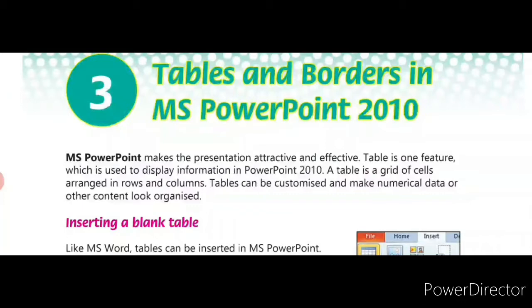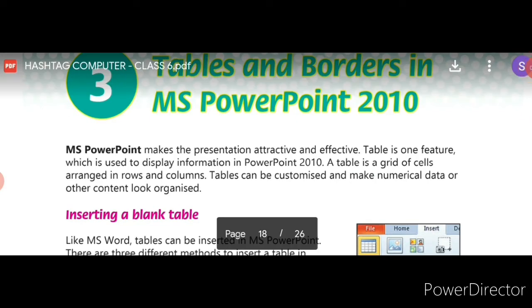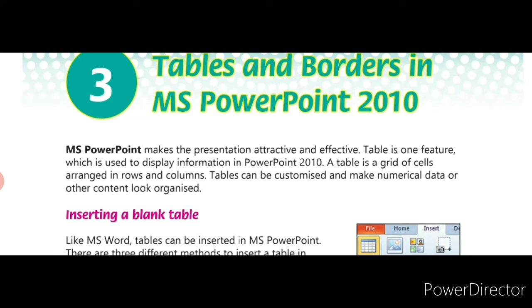Next we have seen how to insert a blank table by using three methods. What is the first method? It is inserting a table through the squares option. We need to move the mouse pointer over the squares in order to select the number of rows and columns for the table. What is the second method? Using the insert table dialog box. What is the third method? The third method is inserting a table through the placeholder option. In this, under Office Theme, we need to click the title and content.